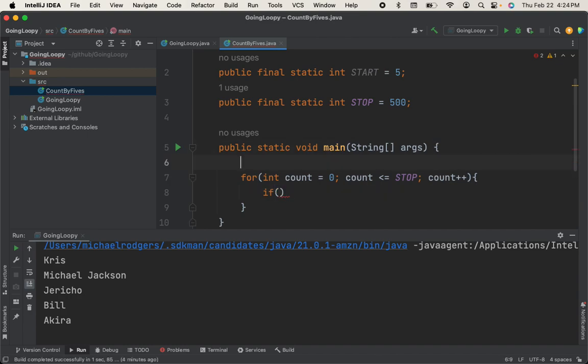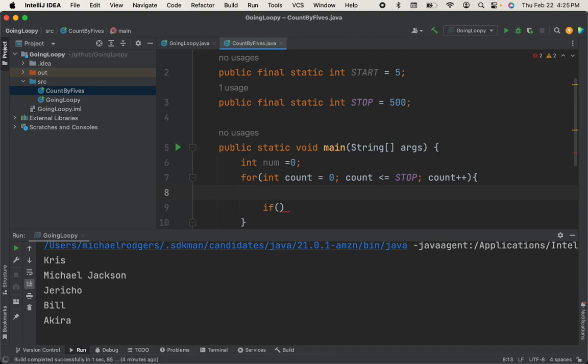So let's do this. Int num equals 0. How would we do this? How would we do this? So if count,